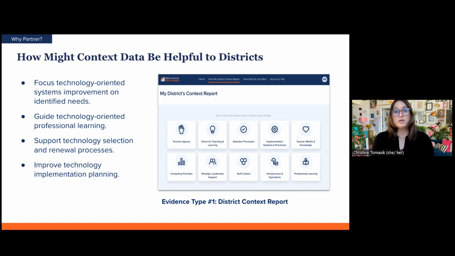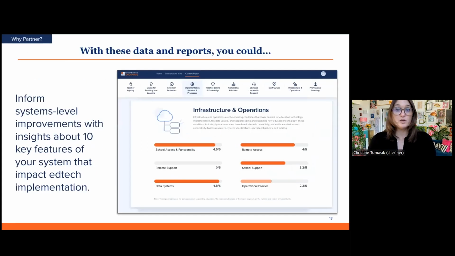The first display you see here, a district context report, helps leaders learn more about their own district context from educators working in the district by providing insights about the presence and quality of each variable you saw in the wheel. As you interpret this data, it will provide evidence you can use to inform systems-level improvements based on the findings. The 10 variables are shown at the top of this image.